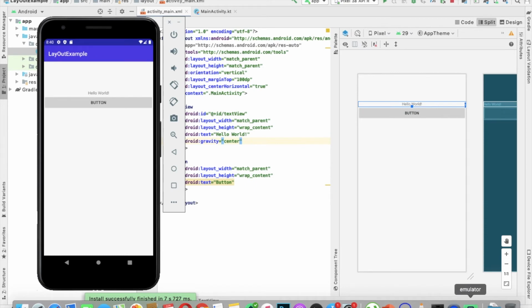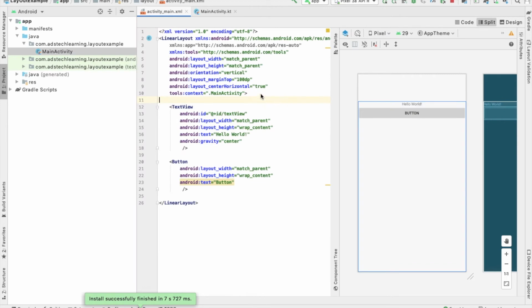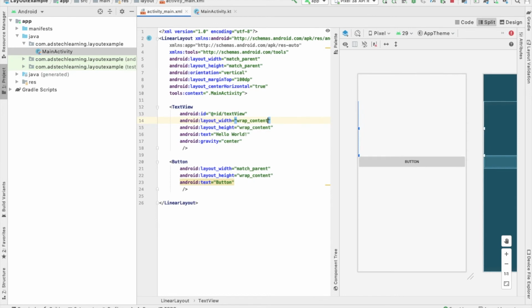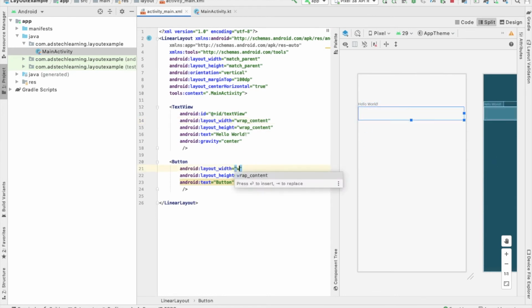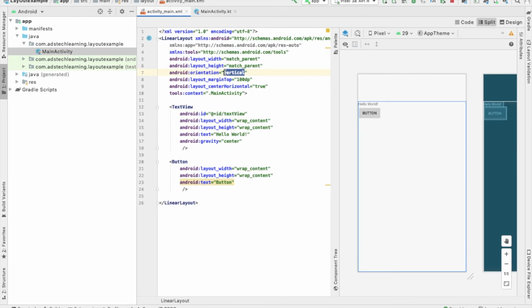We got the linear layout vertical orientation output. I am changing the orientation to horizontal.